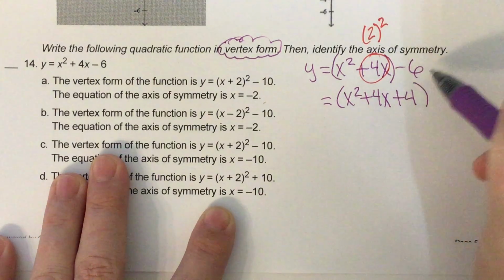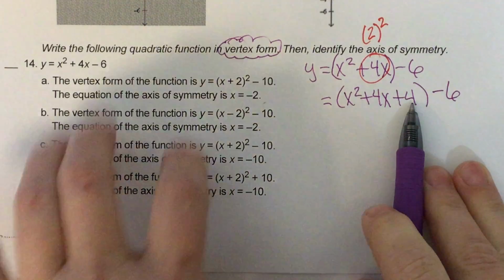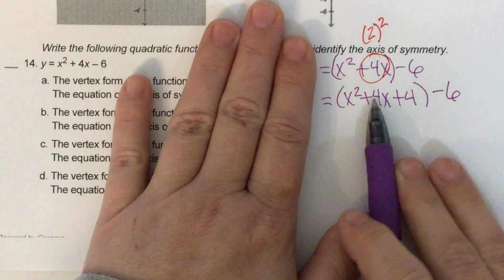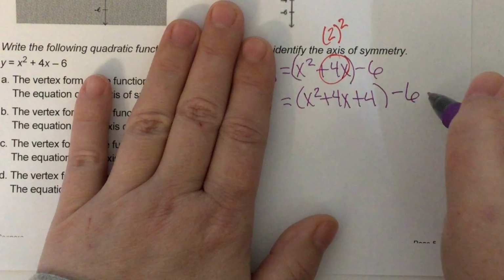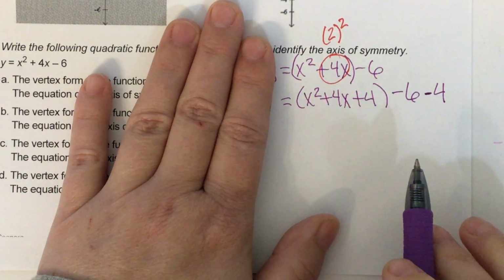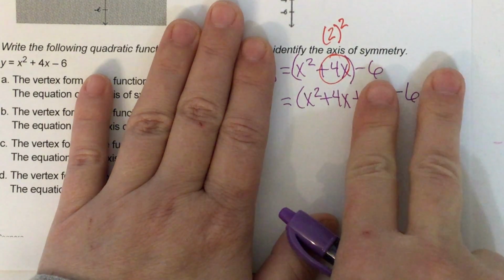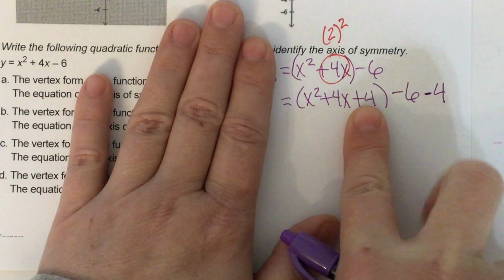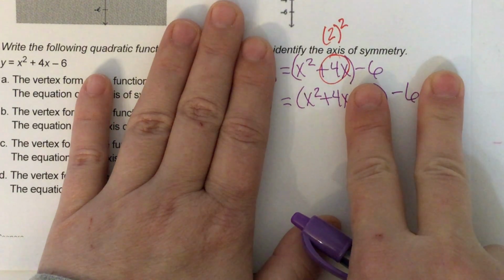And then I'm going to recopy the minus 6. But I can't just add 4 to a problem, and I'm not adding 4 to both sides of the equals. I'm just working on one side of the equals. So if I'm going to add 4 to one side, then I also have to subtract 4. That's so the 4 doesn't exist, because 4 minus 4 would make 0, and all you'd have left was what you started with. So by adding 4 and subtracting 4, I'm not really doing anything mathematically to the problem other